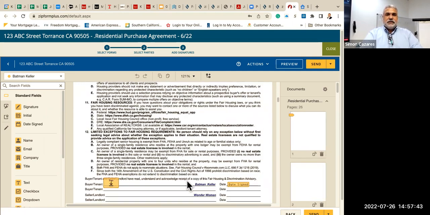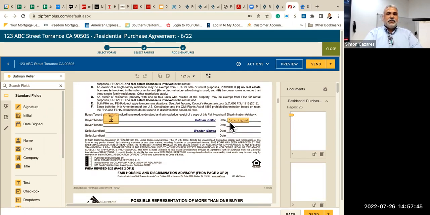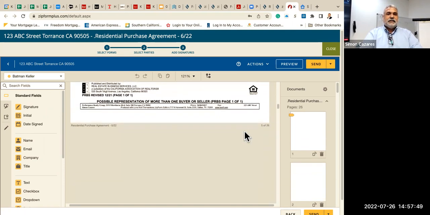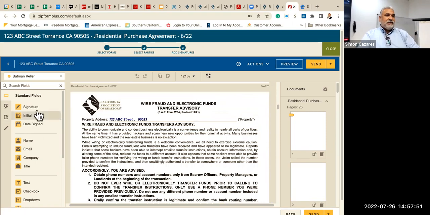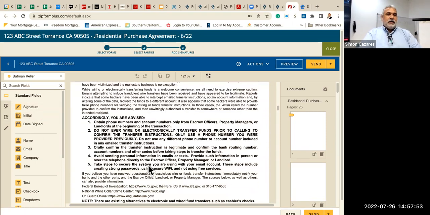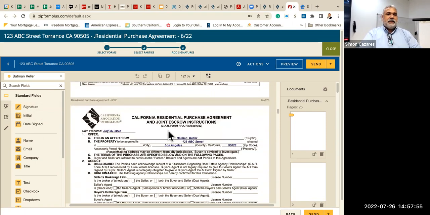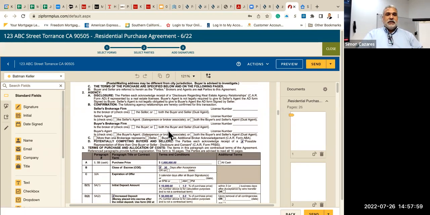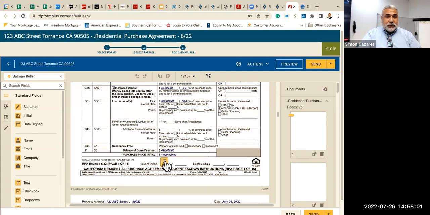Let me see if there's another. Okay, signature, date. Signature, date. I didn't have to drag it from up here. All right, signature and date. If for any reason you still want to be proactive, folks, you want to make sure that the initial is there. If for any reason you don't see an initial, you know there's an initial, what you can do is